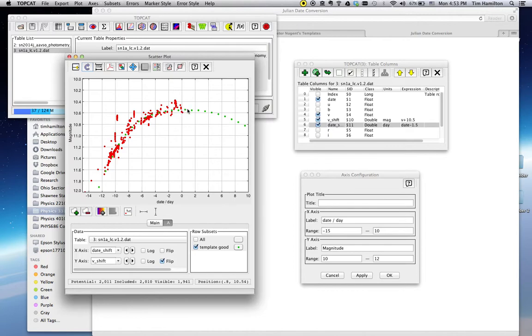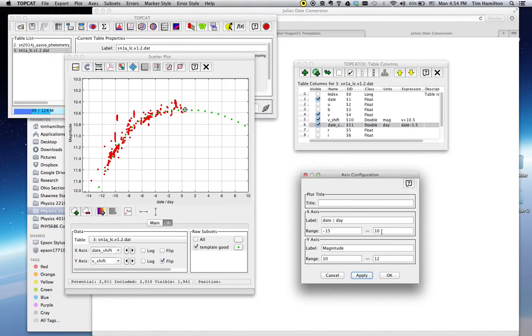Notice that we're close to the peak, so we're claiming now that this is at the peak and the peak magnitude will be, that looks like the peak one, click there. If you look at the bottom, position shows you the coordinate. Well, come off, there we are. 10.55, peak magnitude of about 10.55, and it should be hitting that point within about a day, and then it will gradually fade off. If you rescale your axes, let's go up to